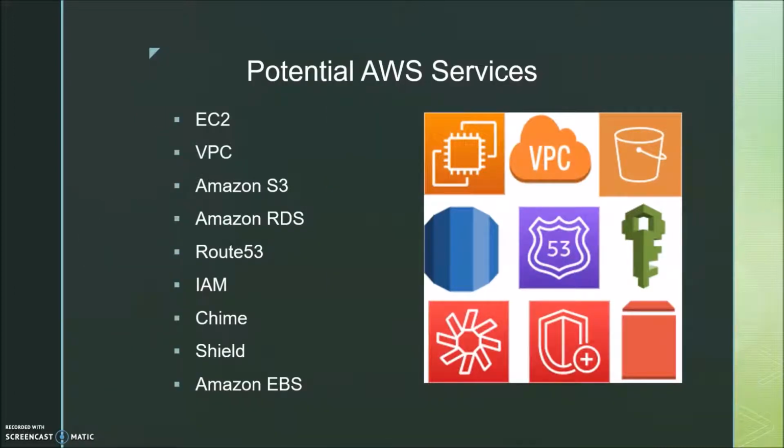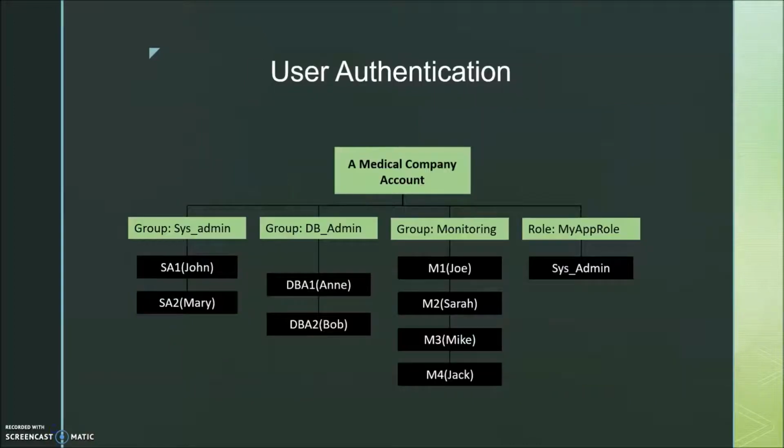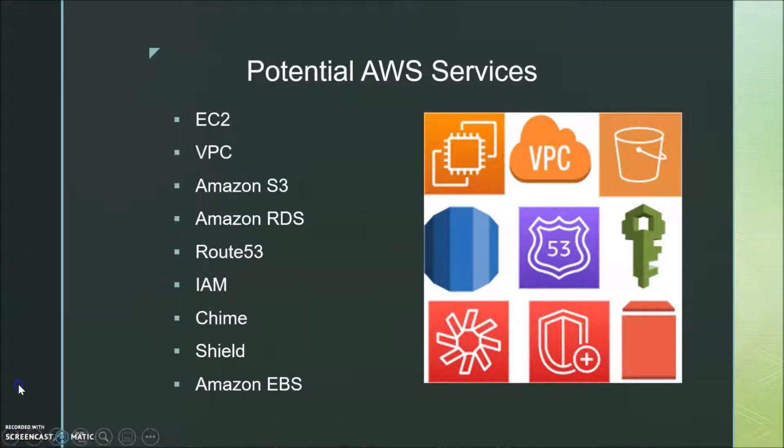Some of the potential AWS services which will be used to deliver this architecture include Amazon EC2, which is responsible for the instances that will be created for this, as well as the VPCs that were specified using Amazon VPC. Amazon S3 will be used for Amazon S3 buckets, Amazon RDS, which is responsible for the databases, Amazon Route